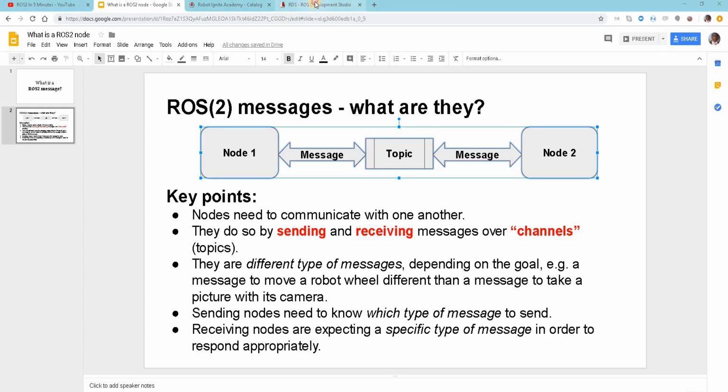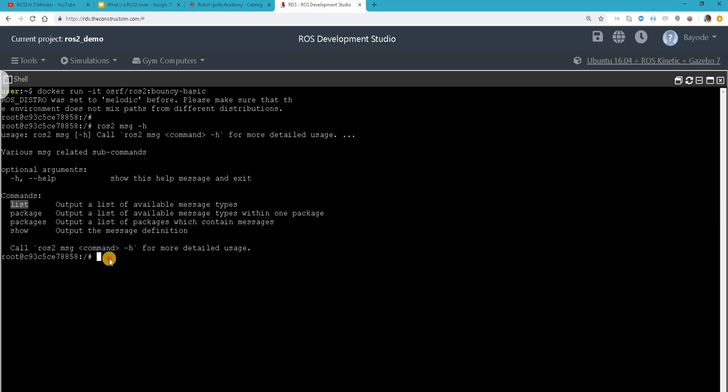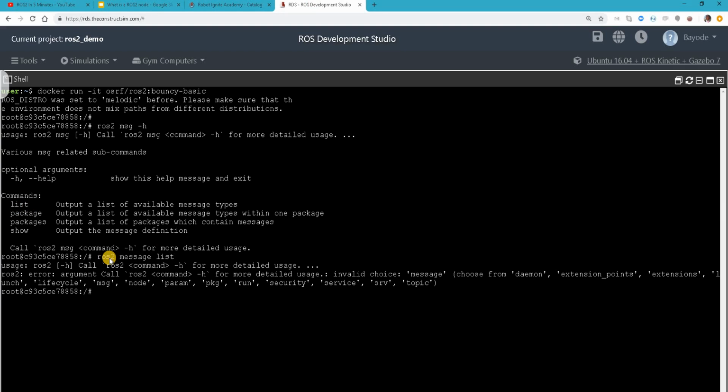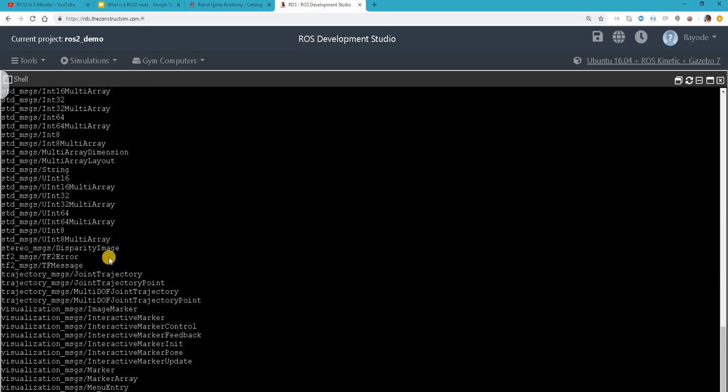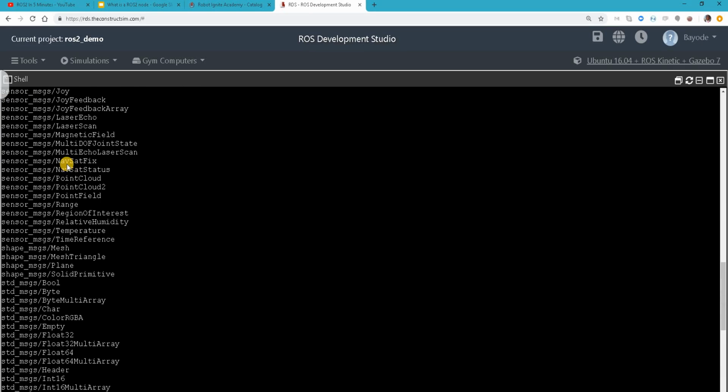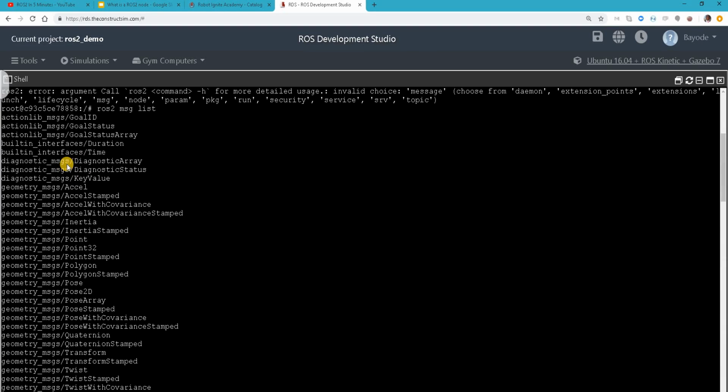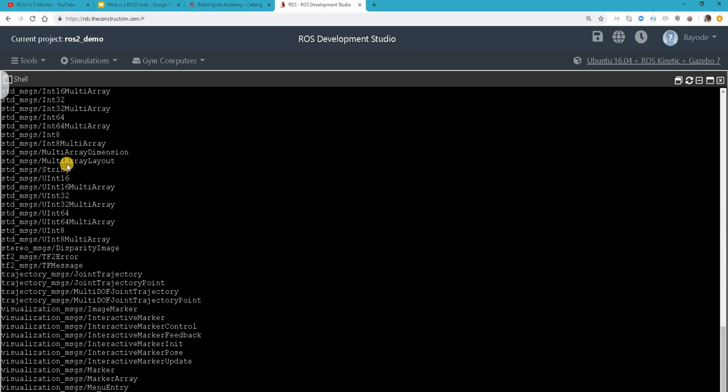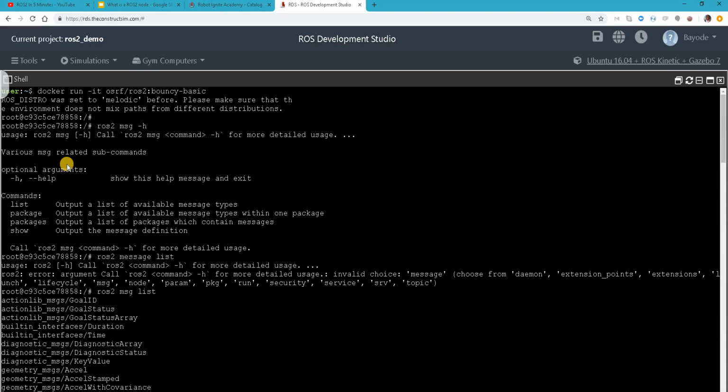Let's see that in action here. Take the first command here. We do ros2 msg list. So it shows us a list of all the available message types. Now this is what we're talking about, and this is because there are different kinds of messages that can be sent. Finally, we'll be looking at this one, which is show, which shows the definition of the message,